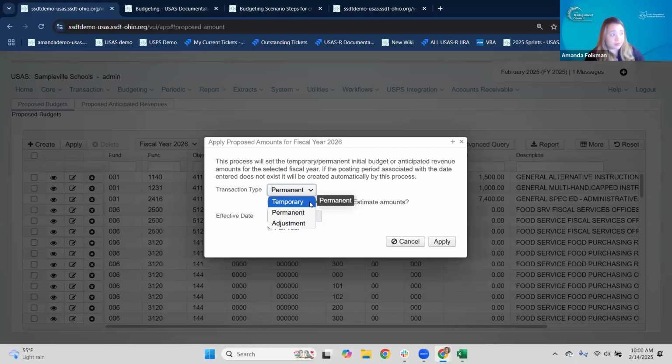It does update the initial amounts. You can have multiple waves of temporary, so if you were to post a temporary budget and then you want to post it again, you can post as temporary multiple times. Permanent usually happens later. There's no rule where you have to post temporary and then permanent, but permanent would usually be later to update the initial amounts. And the key here is once the amounts are posted as permanent,